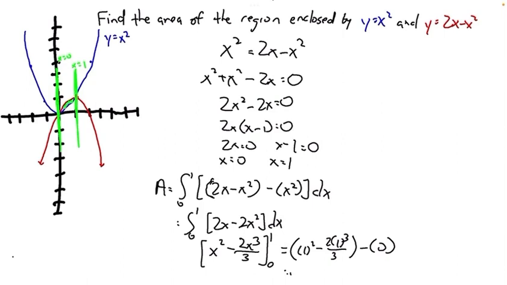This gives us 1 minus, remember, follow the order of operations, 1 cubed times 2 divided by 3. That's 2/3. 1 minus 2/3 gives us 1/3. And this is how we find the area between two curves, and how we specify when we are not